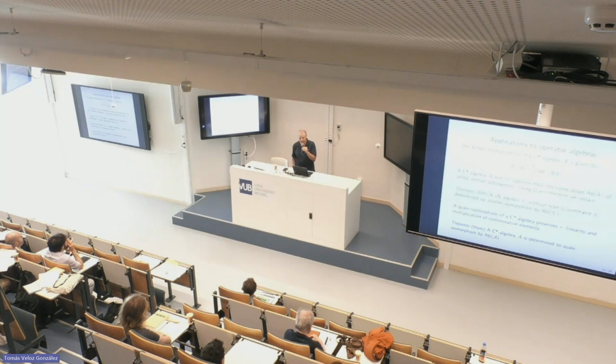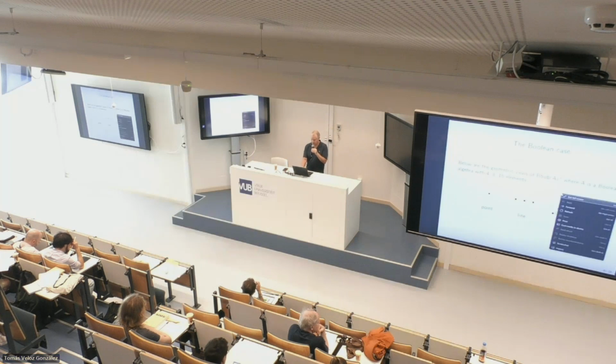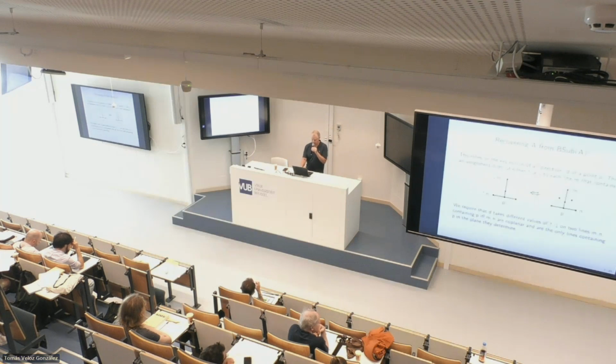Now, a C-star algebra is not determined by its Jordan product, because a C-star algebra and its opposite will have the same Jordan product. But a C-star algebra and its opposite will have the same poset of abelian subalgebras. So here, I'm going to pass to the poset of abelian subalgebras of a C-star algebra. It's the correspondent of the Boolean subalgebras of an orthomodular lattice. And here we mean unital abelian subalgebras. And using Dye's theorem,